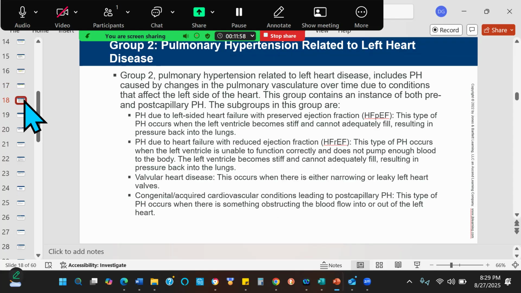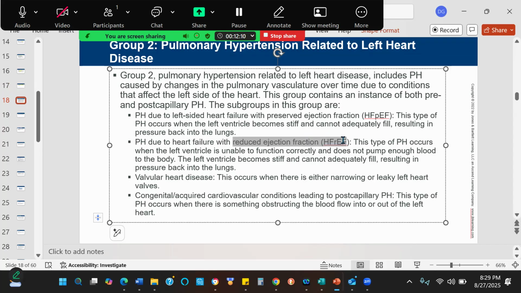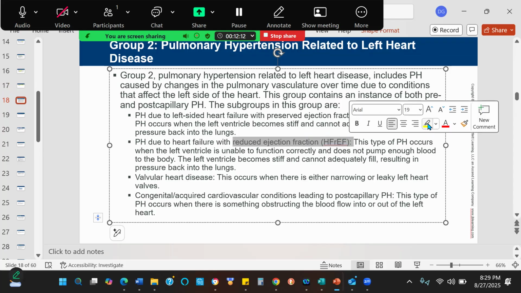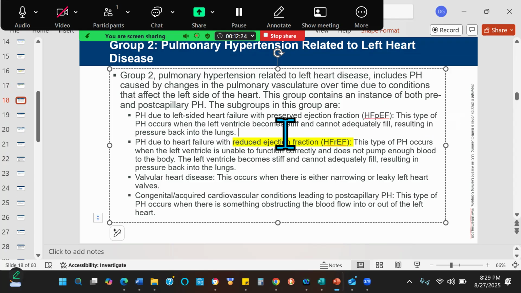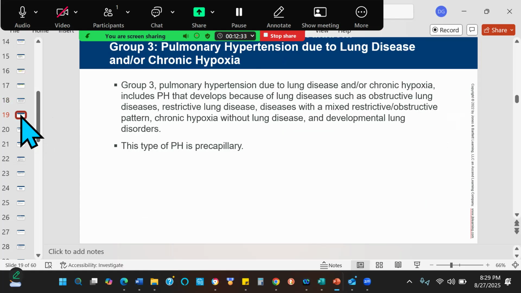So, all right, group 2, left heart disease. If the left heart is bad, you will get pulmonary hypertension just because of blood backing up through the system. And this is due to a reduced ejection fraction. Pretty much anything less than 50% ejection fraction. I mean, 50% of the blood gets pumped out each time the heart contracts. Anything less than that, we start to have trouble. And this would be one example of that. Could be a valve problem, could be a congenital problem. There are just a lot of different causes, but the basic problem